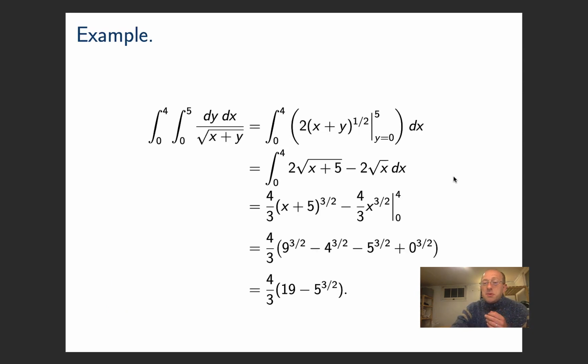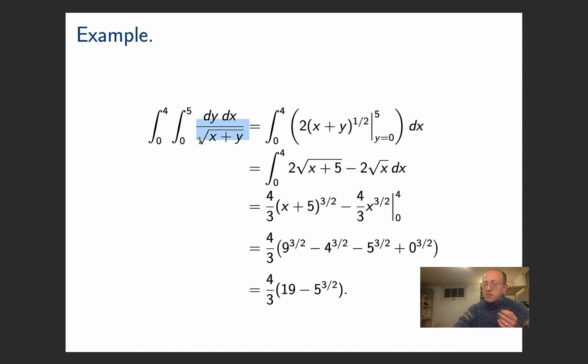Here's an example. So it's an iterated integral. Do you know what the domain is? This time the inside integral has integral from 0 to 5 dy, so y is going from 0 to 5. And the outside integral has 0 to 4 and dx, so x is going from 0 to 4. The function that we're integrating is x plus y,